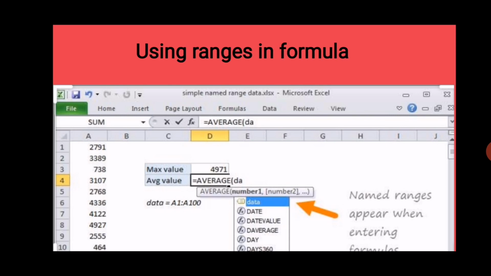Next, how can you use ranges in a formula? I already explained how we can select a range in a formula. Just use the equals to sign in the desired cell reference, then start your parenthesis, select your range where you want to start and where you want to end, close the parenthesis and click enter. Then you can see the answer here. When I click here, you can see multiple options.